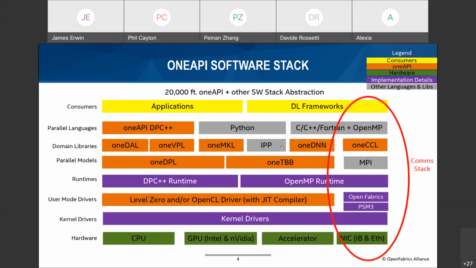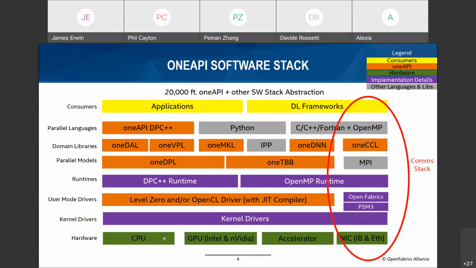Here is a high-level view of the OneAPI software stack showing where PSM3 fits into the big picture. If we start at the top, color-coded in yellow, we have the consumer, the user of this technology, writing applications or AI frameworks. Following down the various levels of the stack, try not to pay too close attention to the relative widths or overlap of each one of these levels. The key point here is that there's a lot of different components and recipes available to get down to the